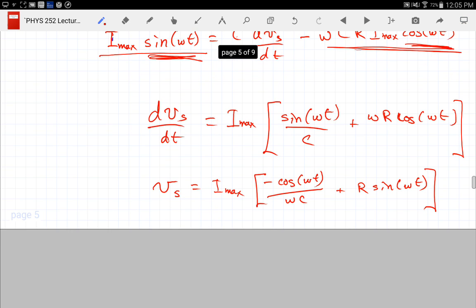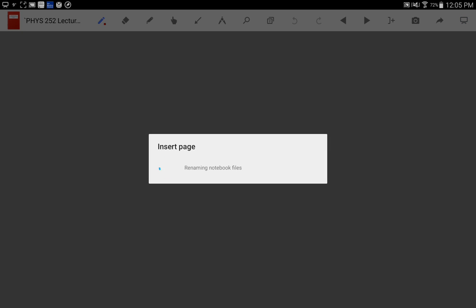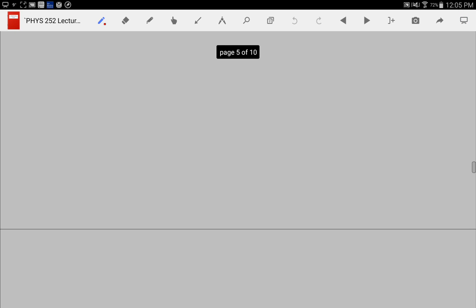So I get back to this. It was kind of a circuitous route. I should have stuck with my gut feeling that I started with. But what we have is the voltage source is equal to, and if you separate the pieces out, you will see